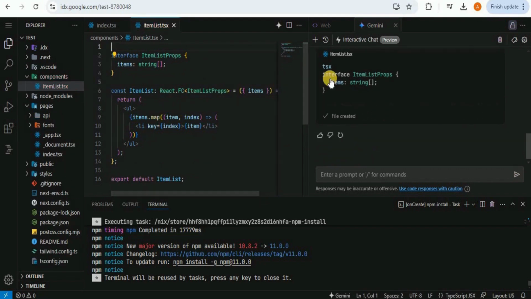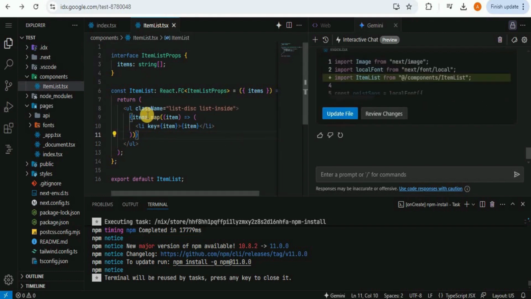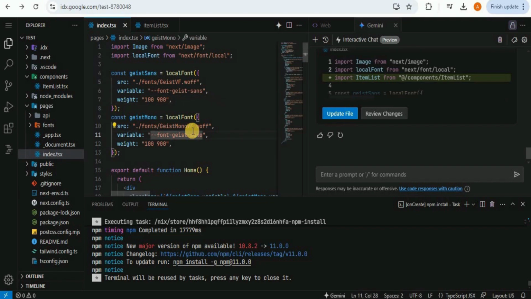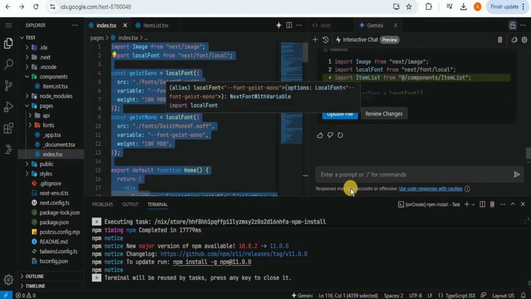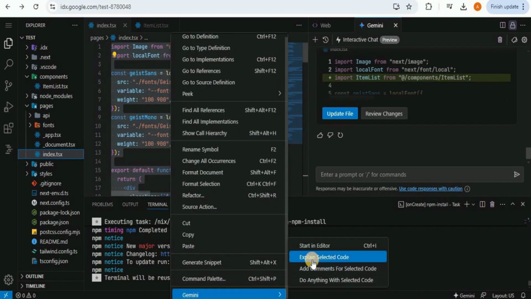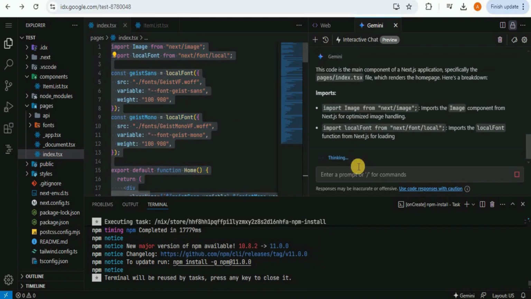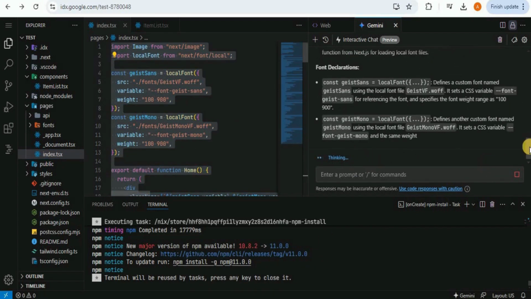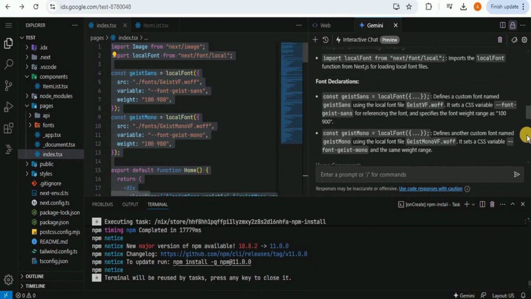So here it has not only generated the code for us, it has also created a new file called itemlist.tsx. So now if you want to make any other changes to this code or to any other file, let's say here I have the index.tsx file, I'm gonna select it and I want to say explain the selected code. So now here in the new window, it has started providing us an explanation for all the different chunks of